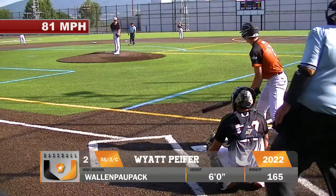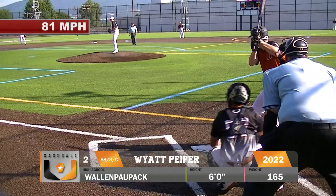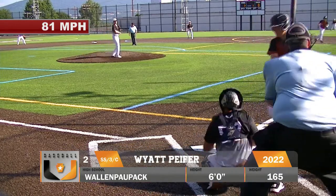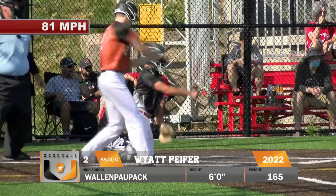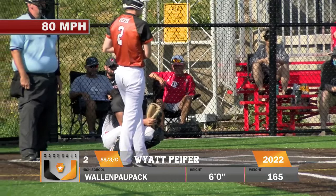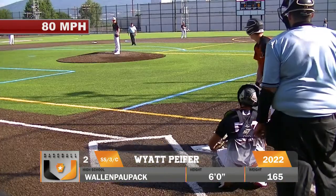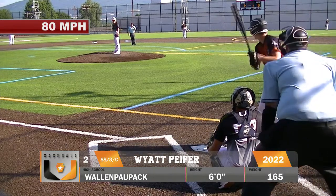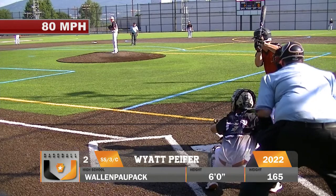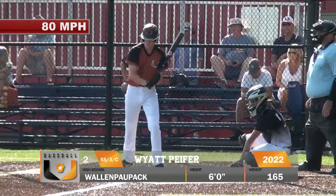Turf. You get some different skips. When you slide, you may hydroplane past the bag, so you've got to be careful. So here's Wyatt Pfeiffer. First pitch to him is on the outside corner for a strike, hitter hitting from the left side against the righty Spinner. By the way, there's a 5-batter maximum in every half inning, so this is batter 4. As Spinner steps